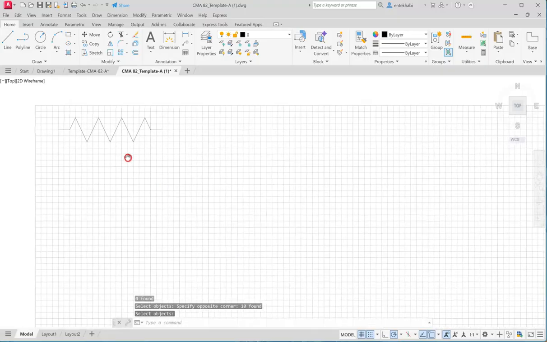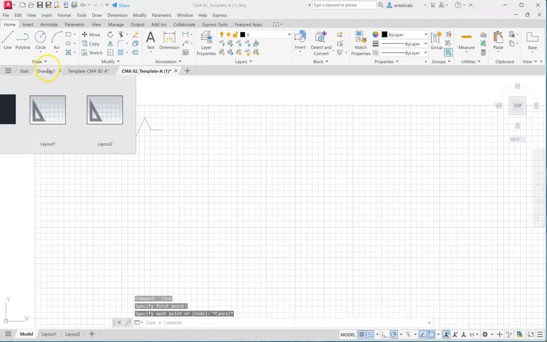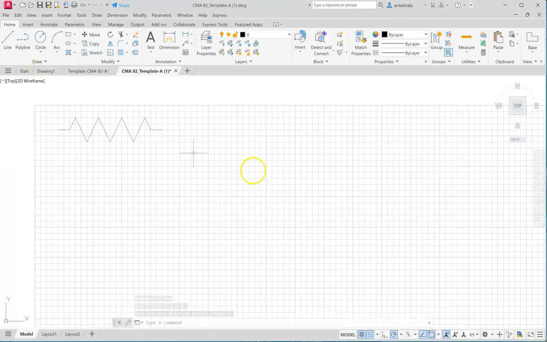Let's create another one. Let's go to this diode one. I'm going to use the line command. Select the point. Again, location is not important right now. We're creating it any place. And then I'm going to create just one line. Okay, I used the line tool for this one, but I could have used the polyline because there is an arrow that I need to create. So I'm going to press the Escape key and begin with the polyline.